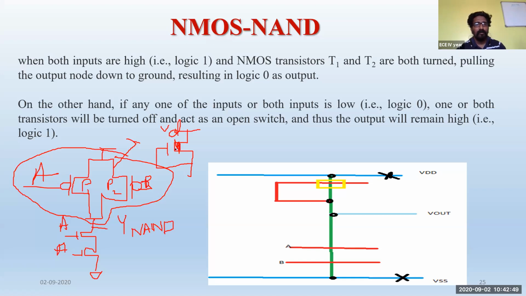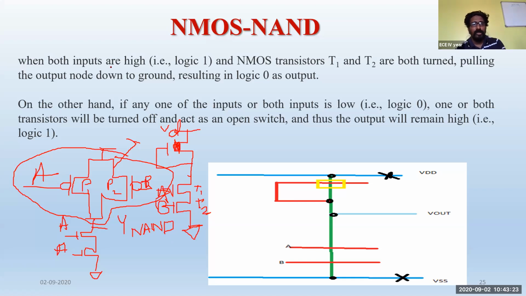And at the bottom you can connect this one. NMOS inverter, NMOS inverter, NMOS 1, NMOS 2. So now this becomes your input A, and this is your input B. I'm talking about T1 and T2 now here. This is your T1 and this is your T2, which is connected to the ground terminal. So now let us see.